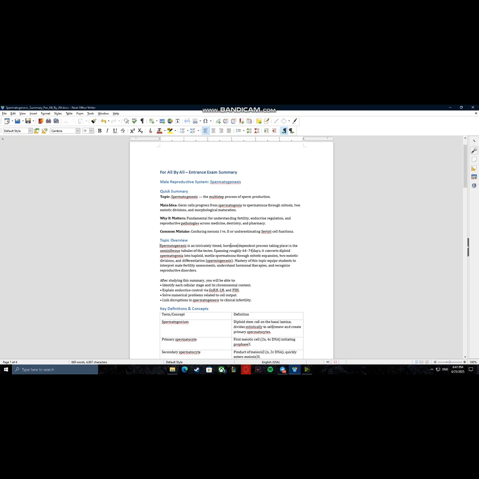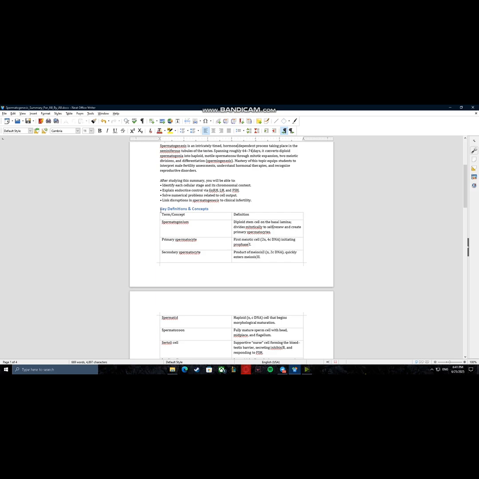Spermatogenesis is an intricately timed, hormone-dependent process taking place in the seminiferous tubules of the testes. Spanning roughly 64 to 74 days, it converts diploid spermatogonia into haploid, motile spermatozoa through mitotic expansion, two meiotic divisions, and differentiation, spermiogenesis. Mastery of this topic equips students to interpret male fertility assessments, understand hormonal therapies, recognize reproductive